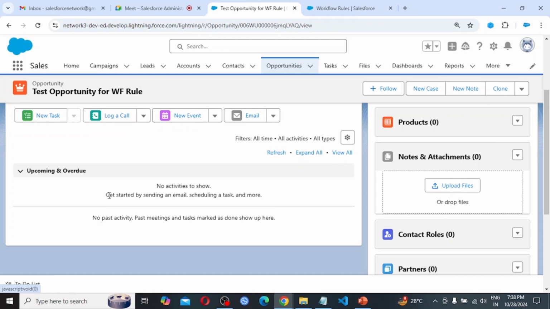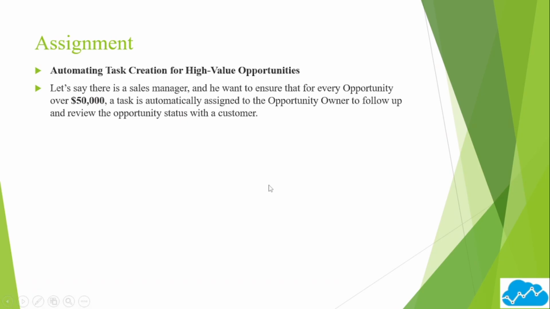So again coming back to our assignment. So here what we had done, we had performed an automation of creating a task for high value opportunities. So here there was a sales manager and he wants to ensure that whenever an opportunity greater than 50k dollar is getting created, a task is assigned to the opportunity owner.